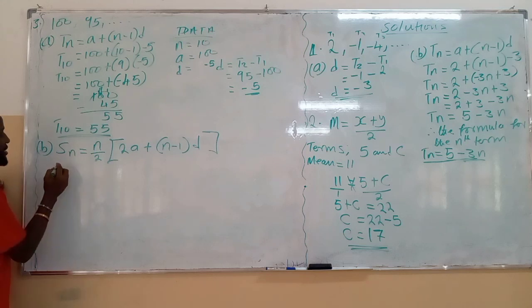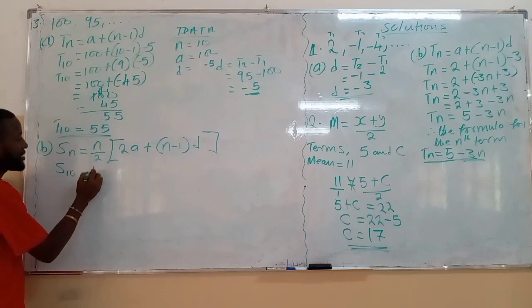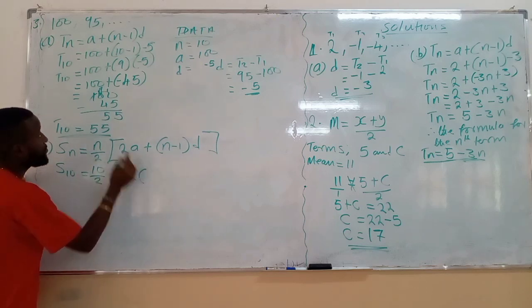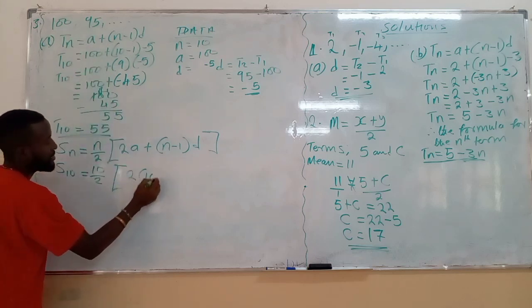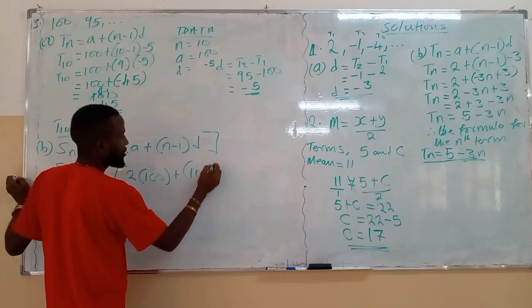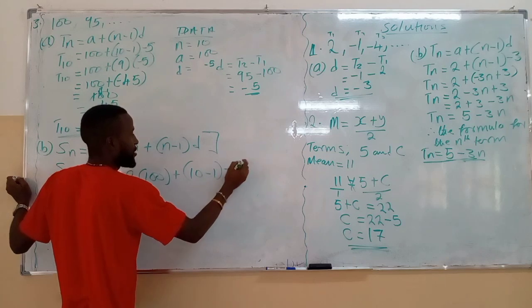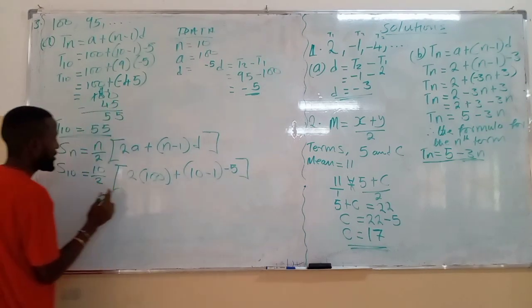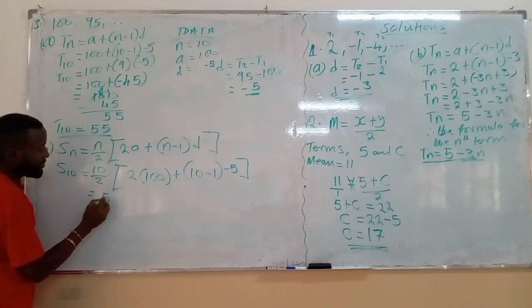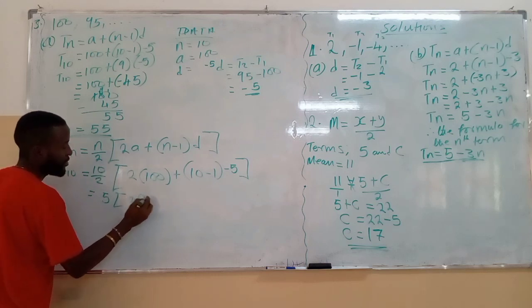Okay, so now let's start with the sum of the first 10 terms. What is the sum we are finding? 10 terms divided by 2. Okay. What is my first term? My first term is 100 plus, what are we finding? 10 minus 1. What is the common difference? We have already found the common difference, which is negative 5. There. Okay, good. Then now we continue working out. 2 into 10, we have 5 square brackets. 2 times 100, we have 200 plus